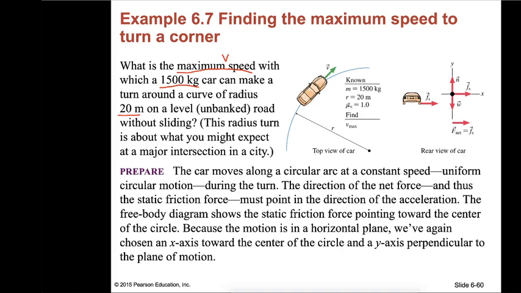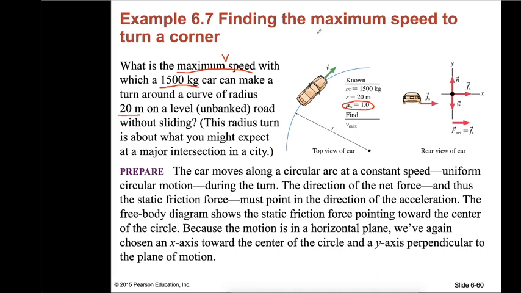And if you search the coefficient table, you will find the static friction coefficient is 1.0 between tire and the surface of the road. So we know all of this. We want to calculate